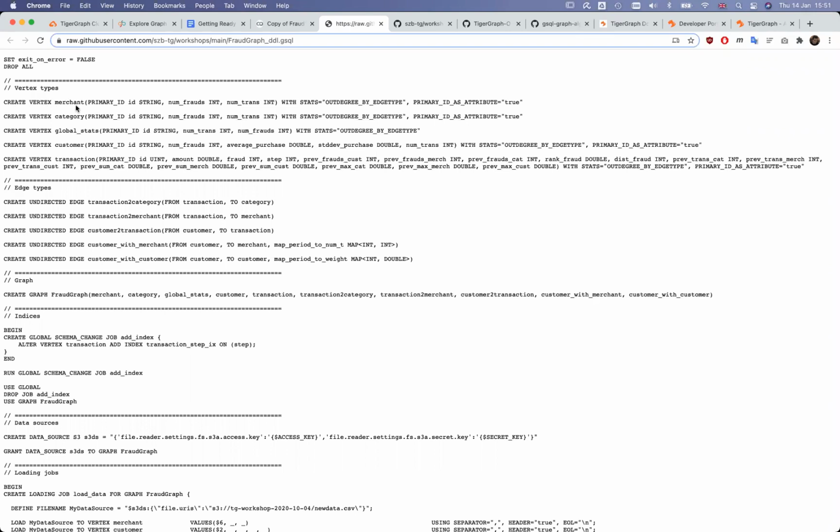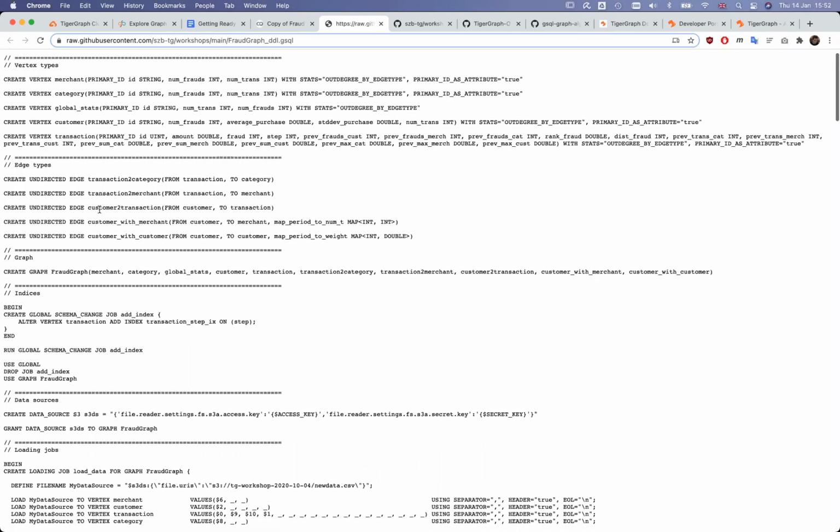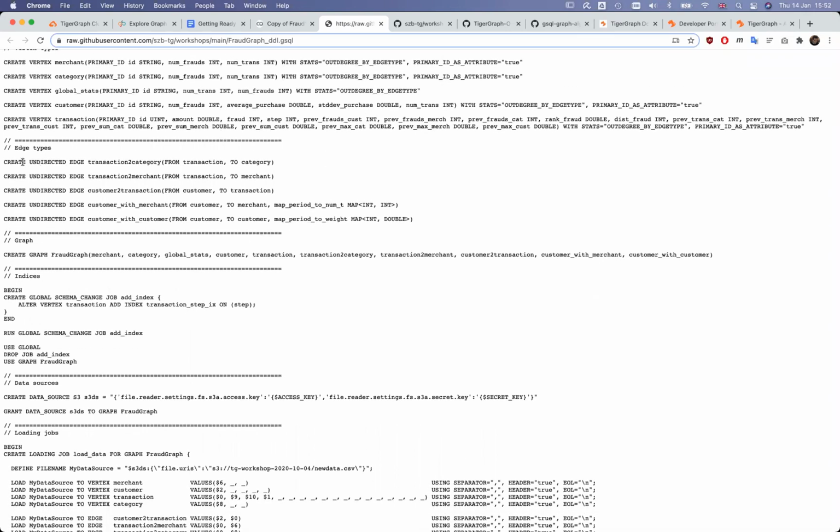The first one is called merchant. It has a primary ID, which is of string type, and it's simply called ID. It has a field called number of frauds, which is an integer type, and the number of transactions, another integer type. You can ignore the rest for now, those are just generalities. Similarly, edge types: Richard created an undirected edge between transactions and categories.